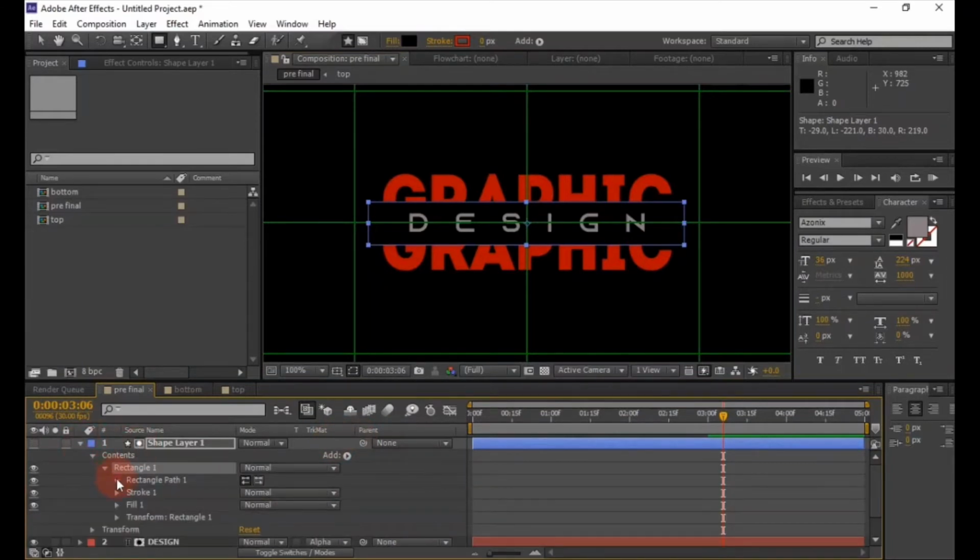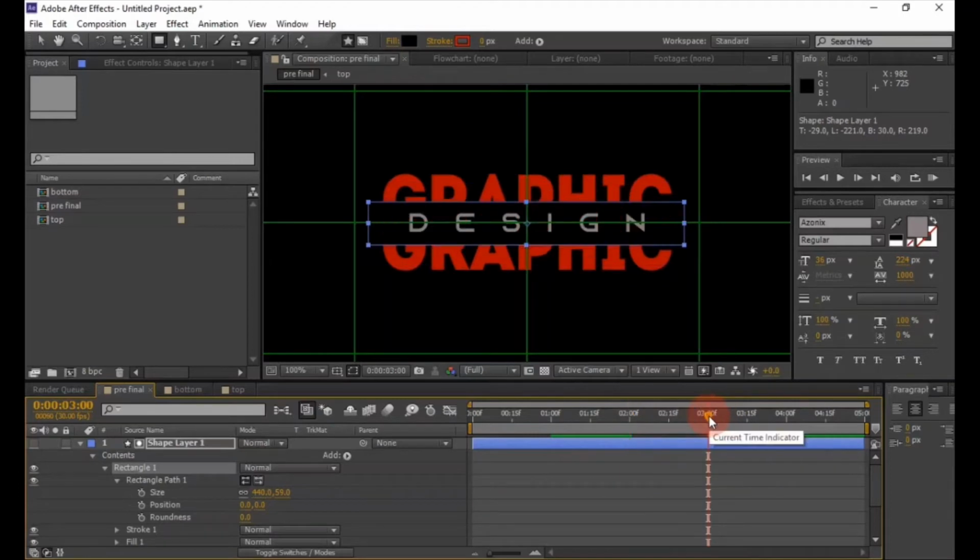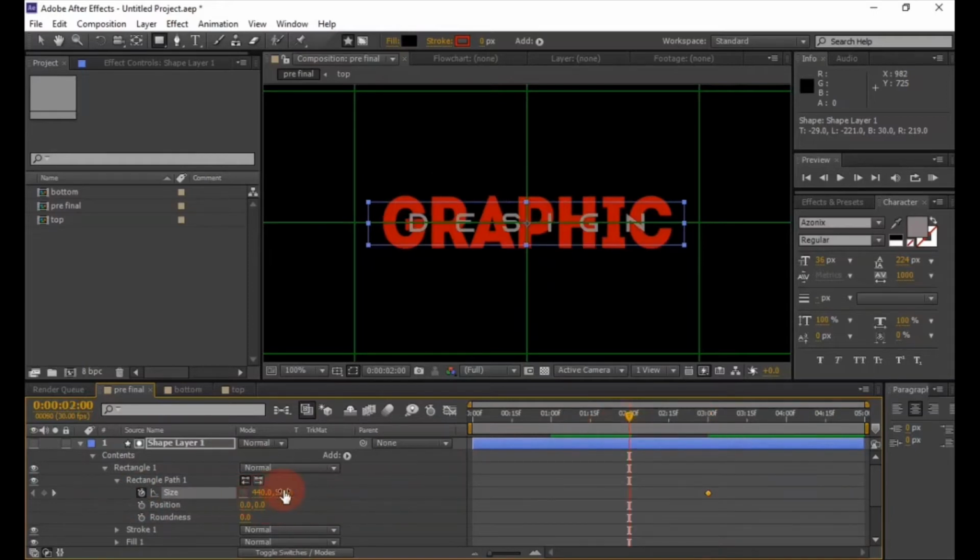Then expand the rectangle path. Now go to 3-second position and then add a keyframe. Now come back to 2-second position and change the Y size value to 0.